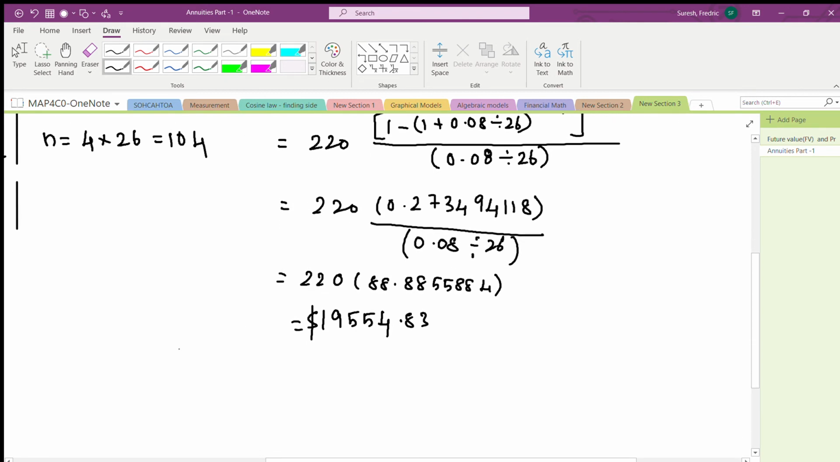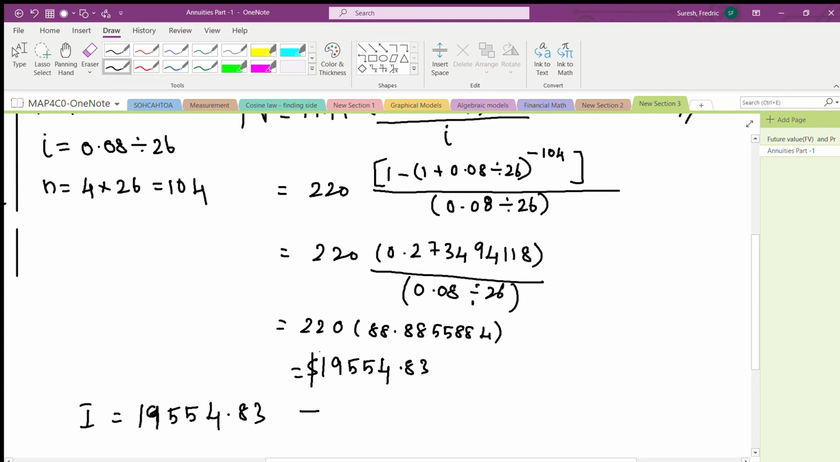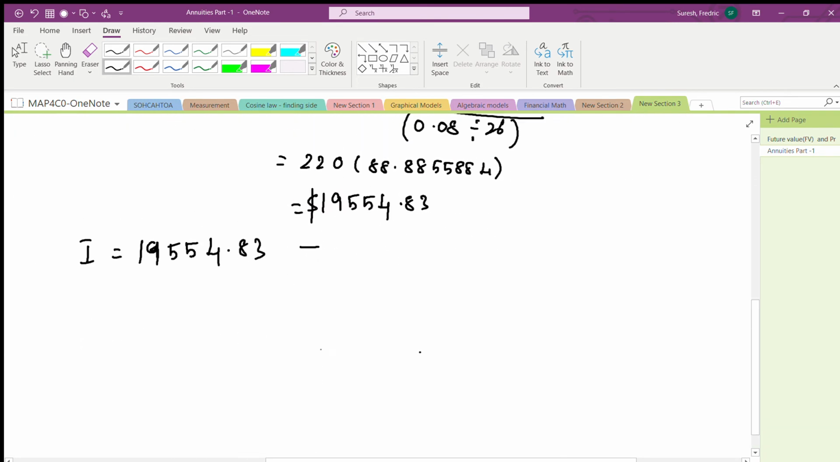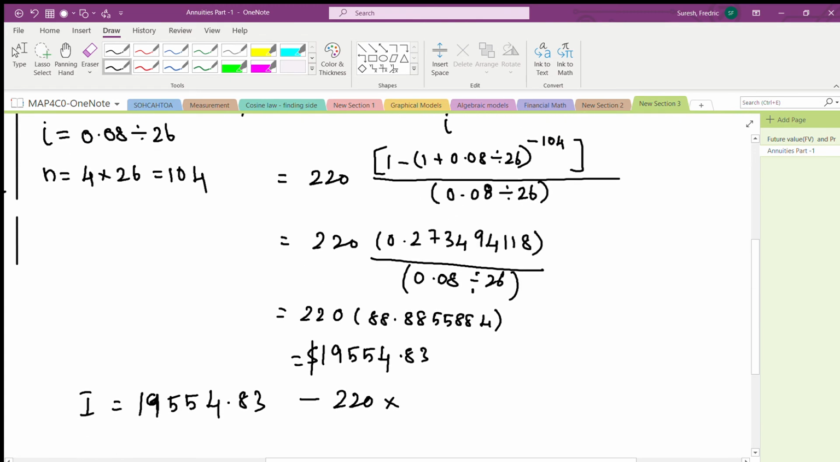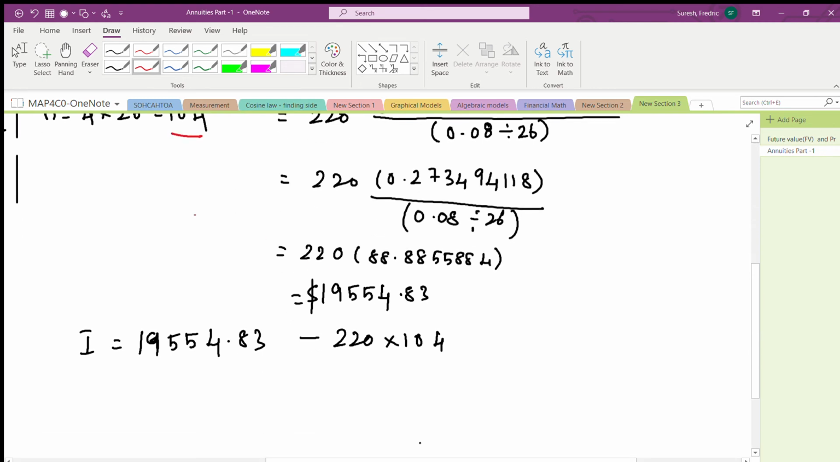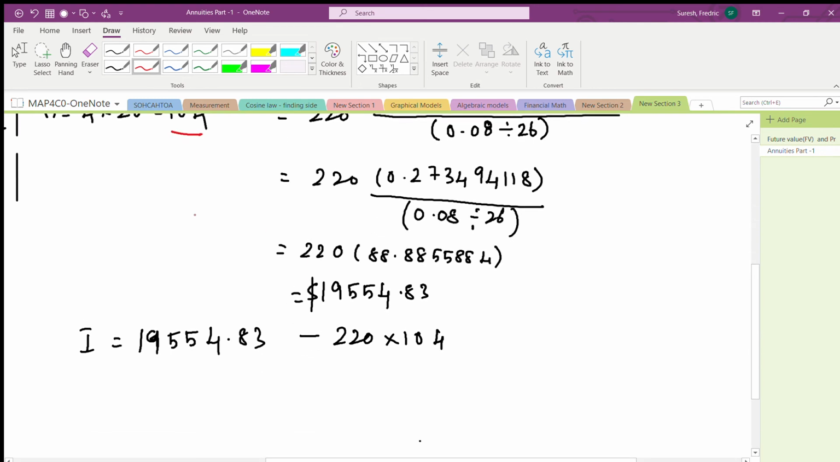how much is the interest amount? How much is the interest amount? So this is the final amount that was paid, 19,554.83. Okay, how much did Jazz pay every month? Jazz paid $220 every month, so that is $220, and she paid it over 104 times, and that number comes again from that 104. So putting all these numbers into my calculator, 220 times 104, that is,